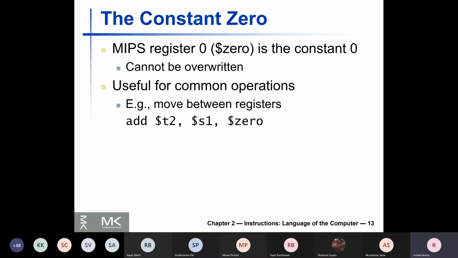But as such, directly, such a simple operation of copying content of one register into another does not exist. However, that's not a problem, because you can always use the existing add instruction. Use a little bit of cleverness: I have a ready-made register hard-coded at value 0 called $0. Just add your source register to $0 and store it in the destination register. So the instruction given here basically copies the content of $S1 to $T2.